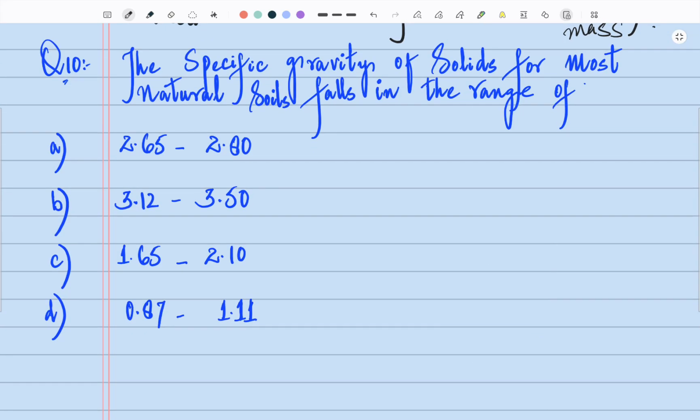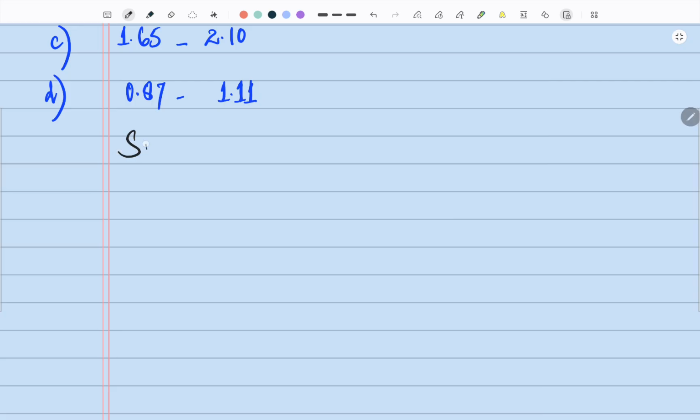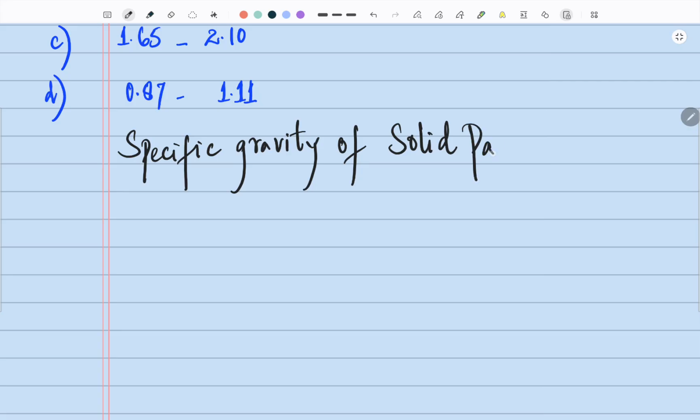All right, question says the specific gravity of solids for most natural soils falls in the range of 2.65 to 2.80, 3.12 to 3.50, 1.65 to 2.10, or 0.87 to 1.11. All right, before moving to the question, let's study about specific gravity. Specific gravity of solid particles in a given soil mass is denoted by G, and it's also a ratio between mass density of solids